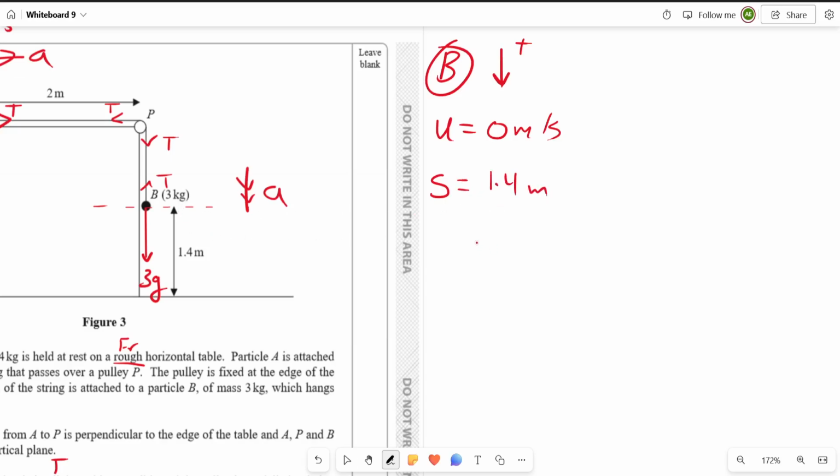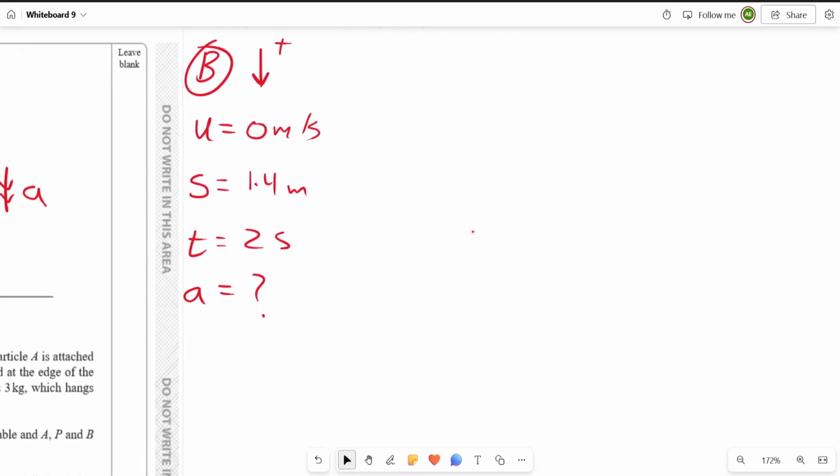Is it positive? Is it negative? 1.4 meters below this line over here. So below, so under, so pointing down. And I said down is positive. So 1.4 is going to have a positive sign over here. What else? I know that time was 2 seconds. And I want the acceleration of B, which is equal to the acceleration of A, so that will solve my question. So over here, using SUVAT,